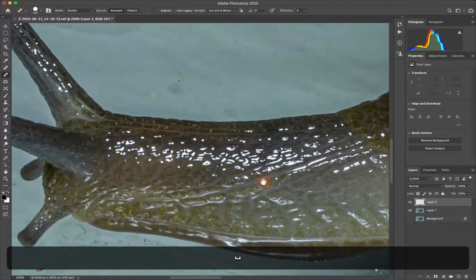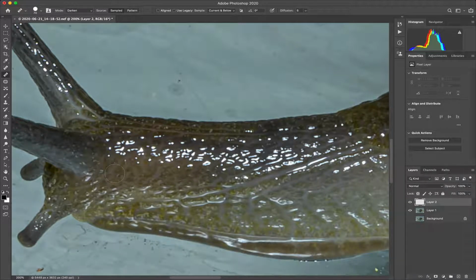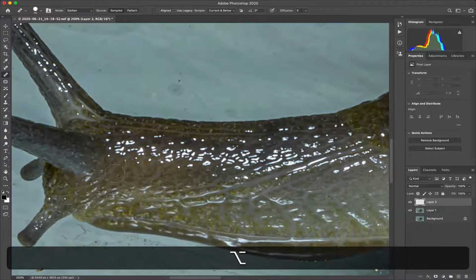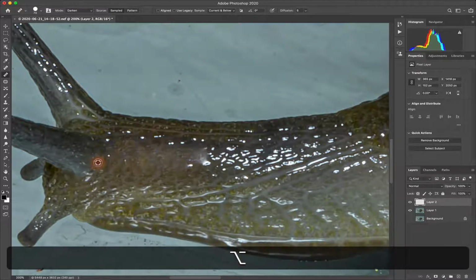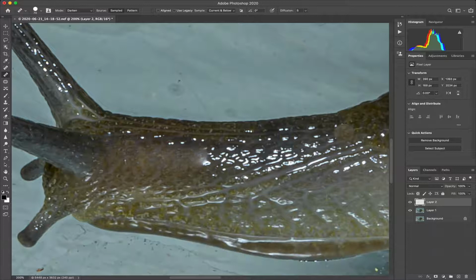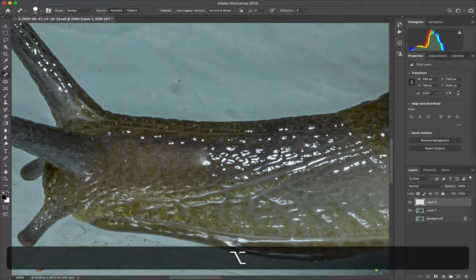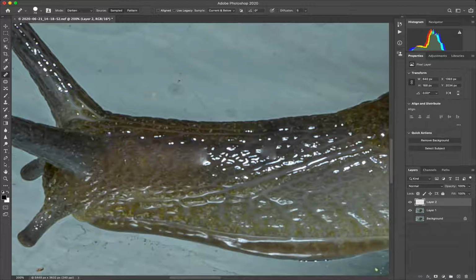So let's just shift this, decrease the brush size a bit, option click to select the source, and as you move the mouse around, you can just drag over to remove these highlights, and you can keep changing the source to match the kind of color and area that you're getting into. For example, for this area I will choose this kind of source. So that generally deals with the highlights.